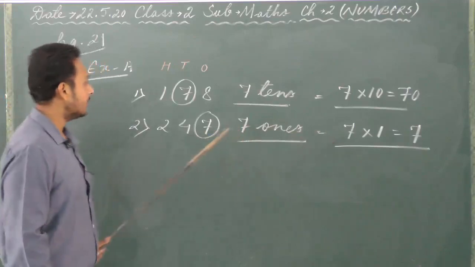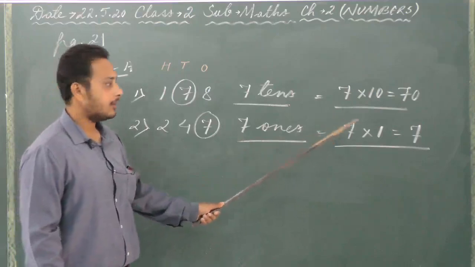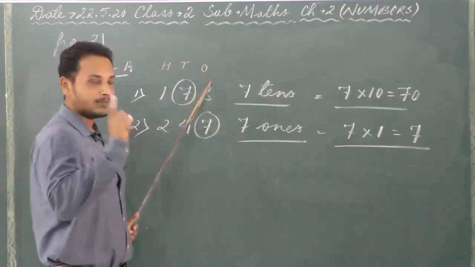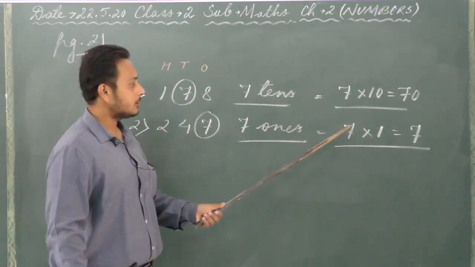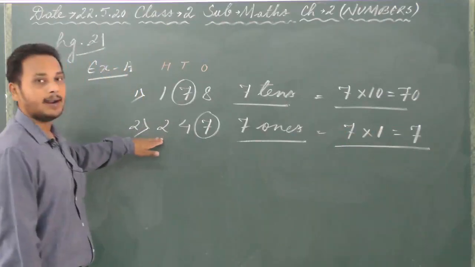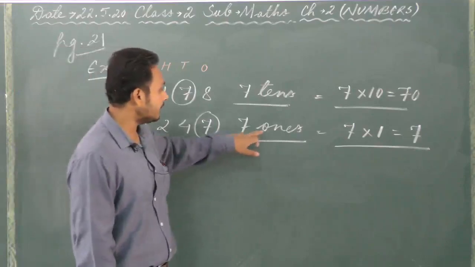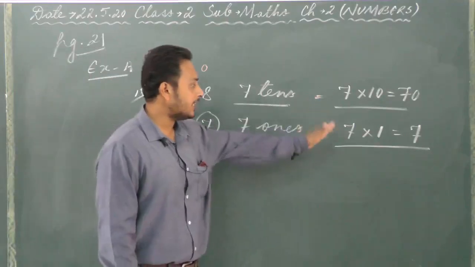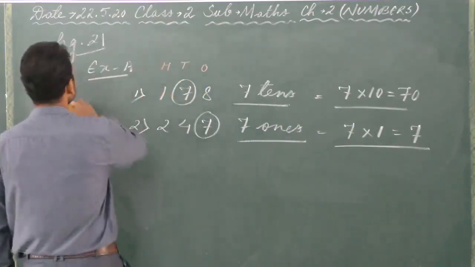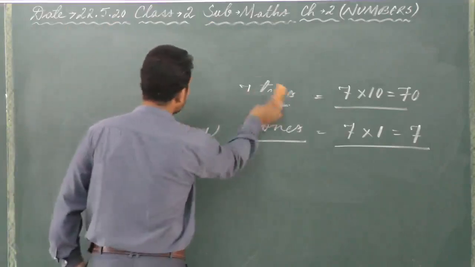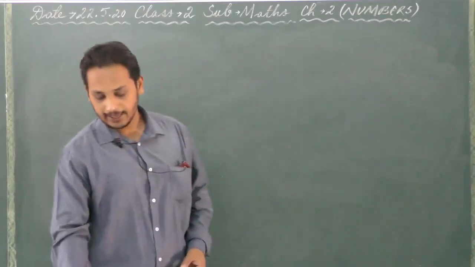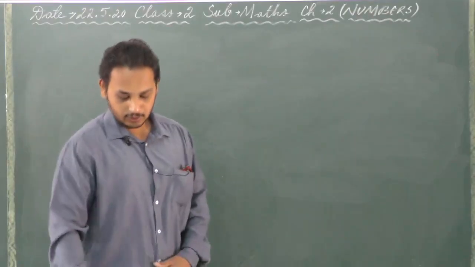Then in the next blank you write the number first, that is circled, into the place value. Now the 7 is in the ones place. Ones means only 1, so we wrote 1. So 7 into 1 is equal to 7. In the same way, if a number is in the hundreds place, you will write the number, then hundreds, then the number into 100 and write the answer. So I have done the first 2 numbers. The remaining numbers you will do yourself as your homework. Whatever homework is there, at the end of this session I will write it on the board so that you will know.